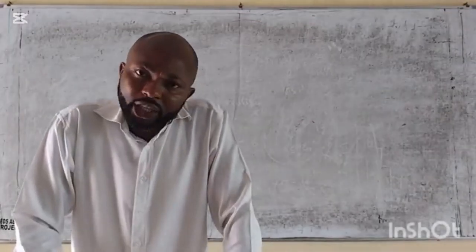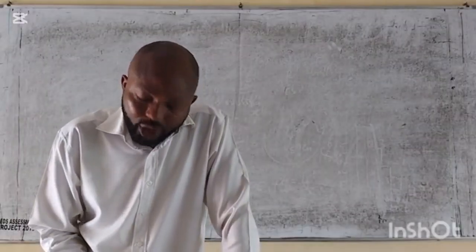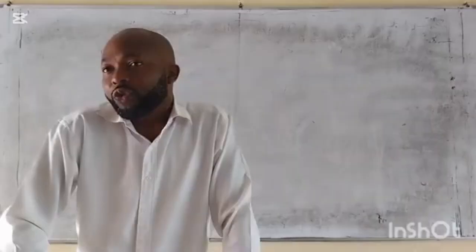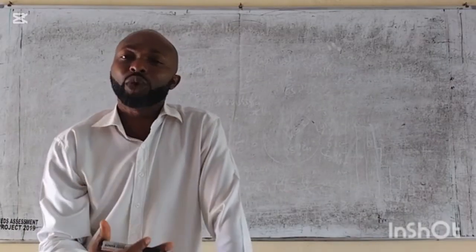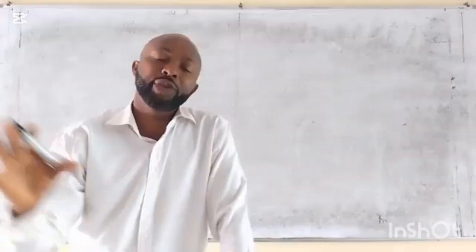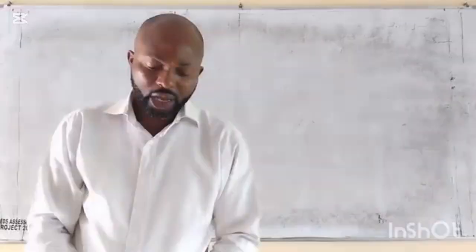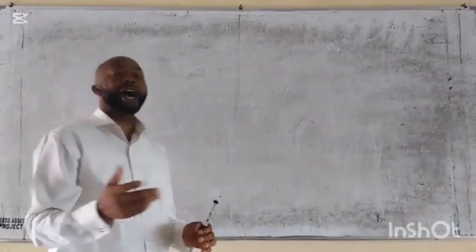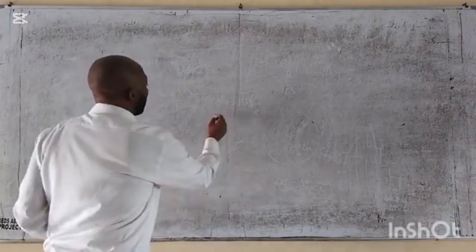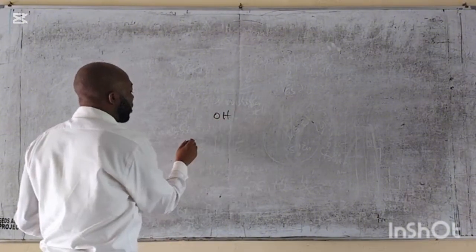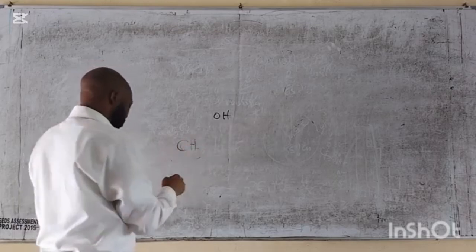But then, what is a functional group? It's an atom or group of atoms that can cause a compound to exhibit a particular behavior. A functional group is an atom or group of atoms that can cause a compound to exhibit what? A peculiar behavior. Let's call it peculiar because, for example, if I have a functional group which is the hydroxyl, the OH, attached to a compound, let's call it CH3